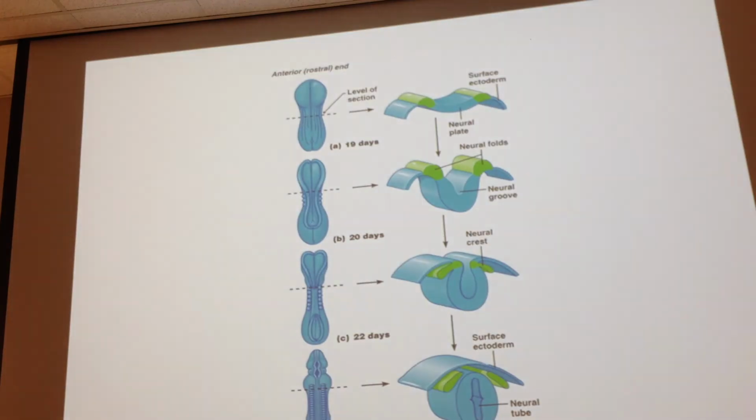Talking about neuroembryology really briefly. When we do talk about it, we're not going to go into all the different stages, but in the embryo,